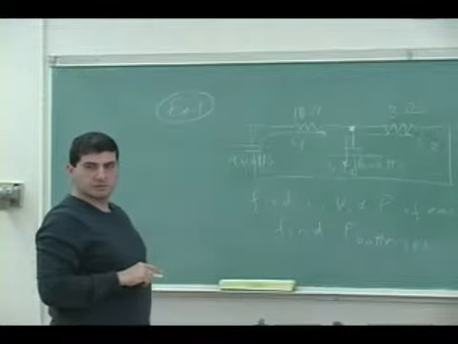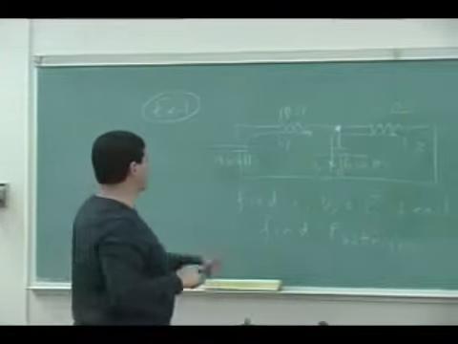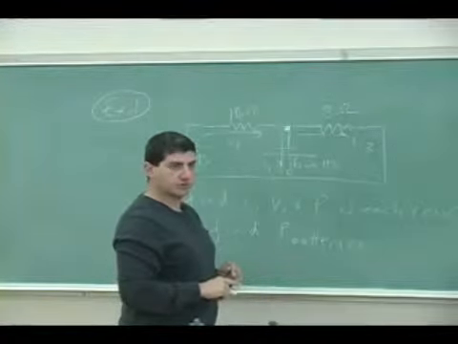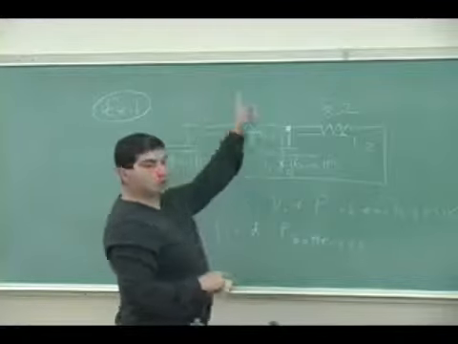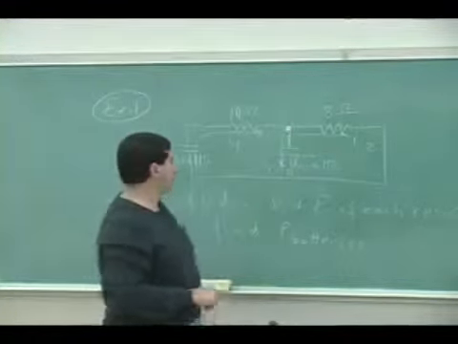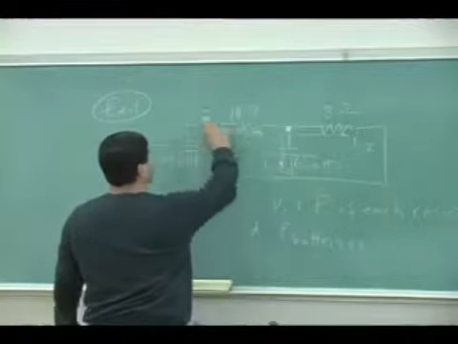Okay? So just like we did that one, we say I1 goes this way, splits into I2, and then I1 minus I2 down the middle. And then we do 2 loops, because we have 2 unknowns, 2 loops. We could do this loop, the left loop,